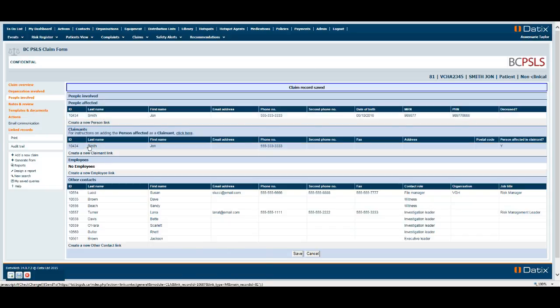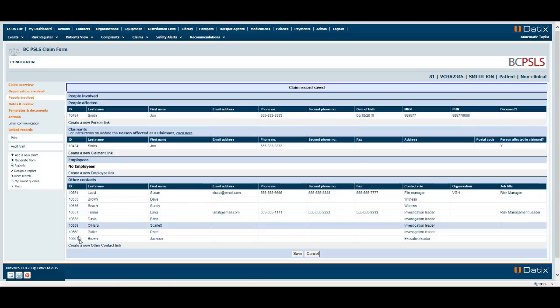And in order to create the claimant record, there is a little bit of information you do need to know. So initially, when this record was brought over from the events module, only this person affected would be indicated here, plus any other contacts or employees associated with that event record. But in order to create that claimant record, I need to do that as a new record. So I would click on create a new claimant link,